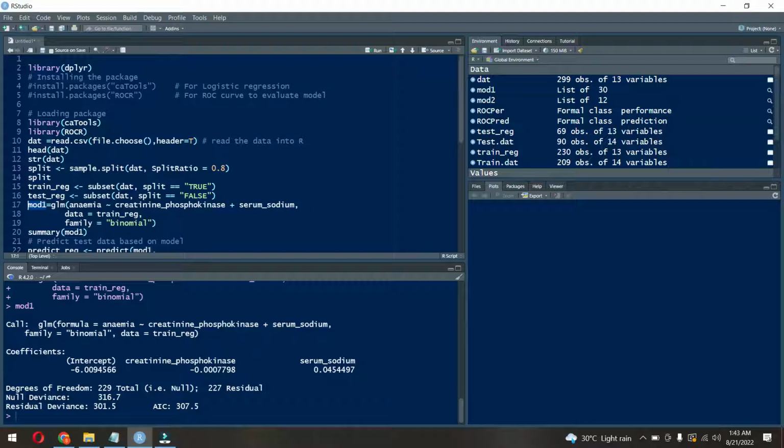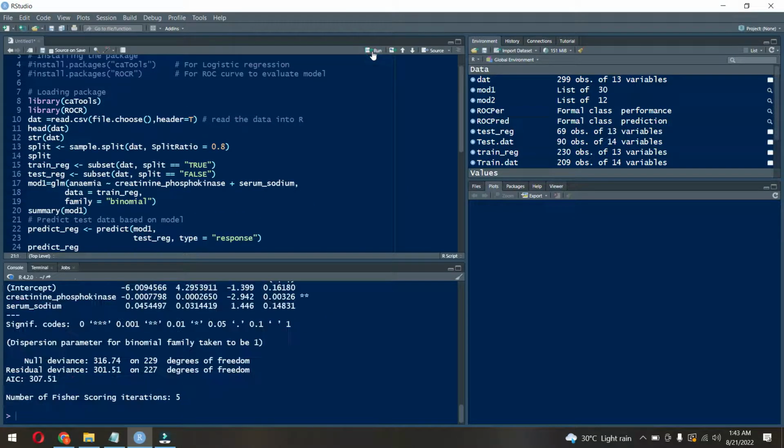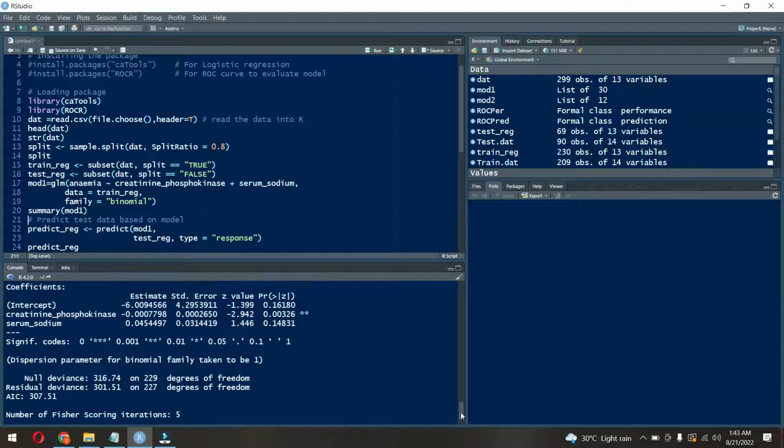And the Akaike information criterion also tells the predictive ability of the model. The smaller value of the Akaike information criterion indicates better model performance. And you can also run the model performance as the summary model. You will see the testing for the intercept alone and the two coefficients, and these are the standard errors